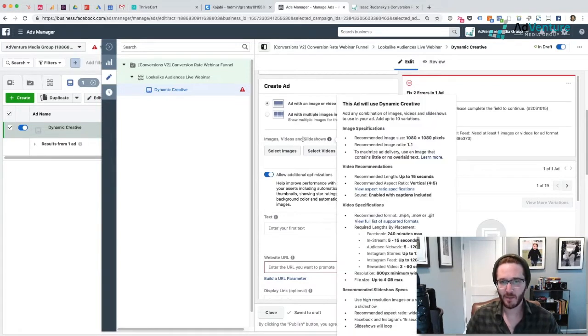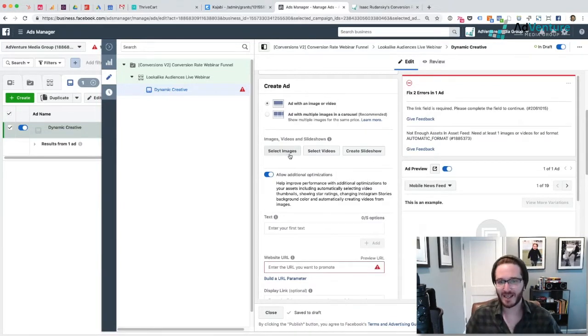And now we're in this area where you could select images and select videos, and you could do both. So there's this little glitch going on in Facebook at this point when I'm recording this video. I'm sure Facebook will eventually fix it. But if you're trying to create a dynamic creative campaign, you've been following along with me, and instead of seeing 3 buttons side by side, slideshow, videos, images, you're seeing a toggle which changes between images and video uploads,